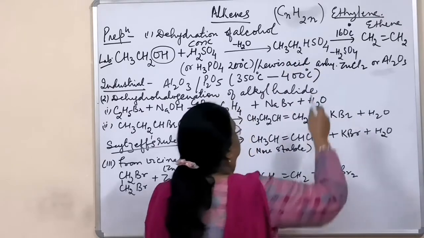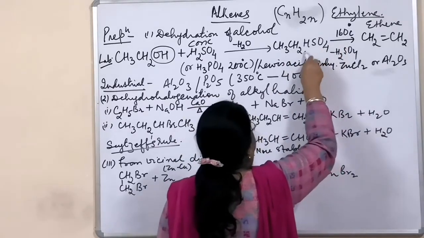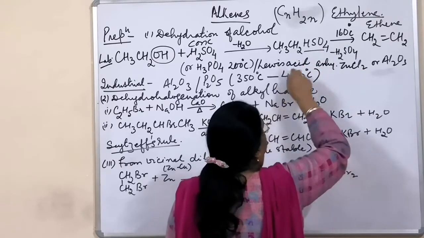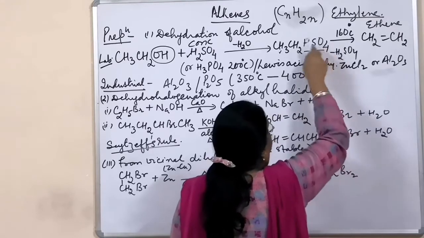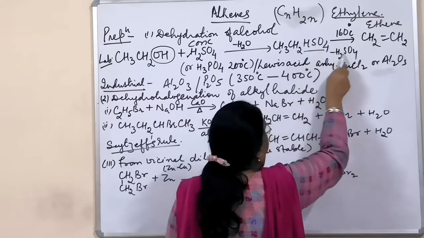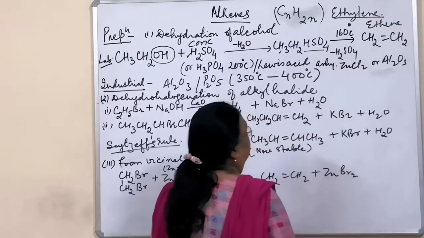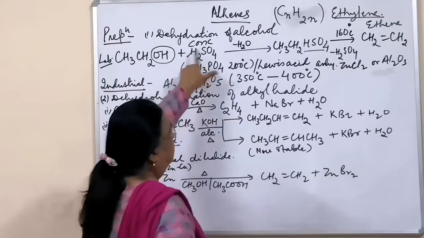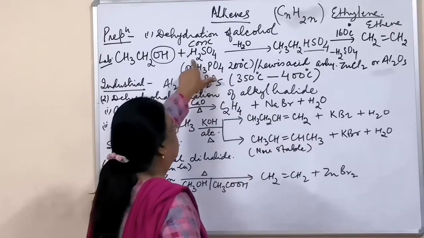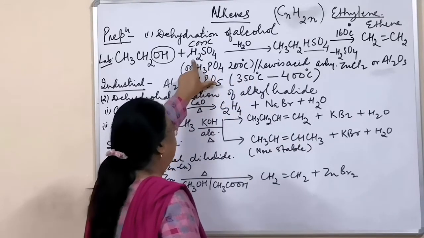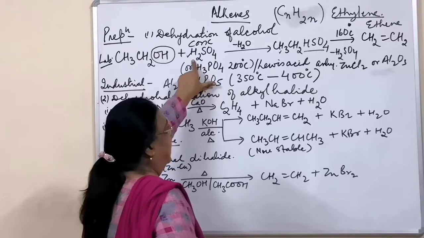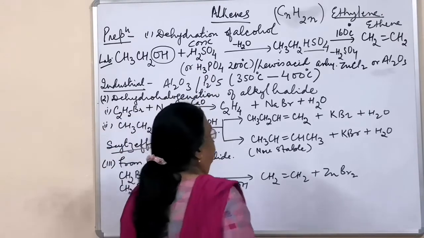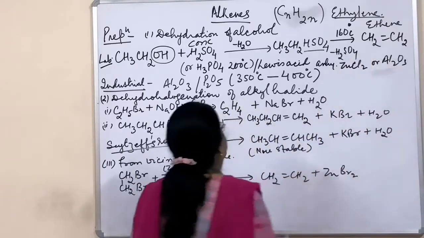And then further when it is heated, this part is out and one hydrogen from here is out, so that is a sulfuric acid. One H from here, this HSO4 will be making H2SO4. So the H2SO4 which has been used here is eliminated. So H2SO4 is playing the role of catalyst as well as a drying agent. It absorbs water also. And then we obtain ethylene, that is ethene.